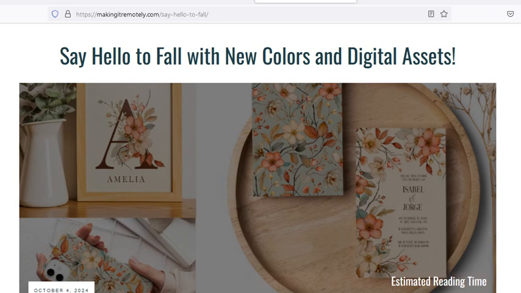We're going to talk about a new color. I'm going to show you this new color that the creative market just rolled out. And then we're also going to talk about some digital assets that you can use to make things more fall-like. Because we're in the fall season, it's getting ready to get cold outside. The leaves are changing, and this is a great time to tap into some of that when you're